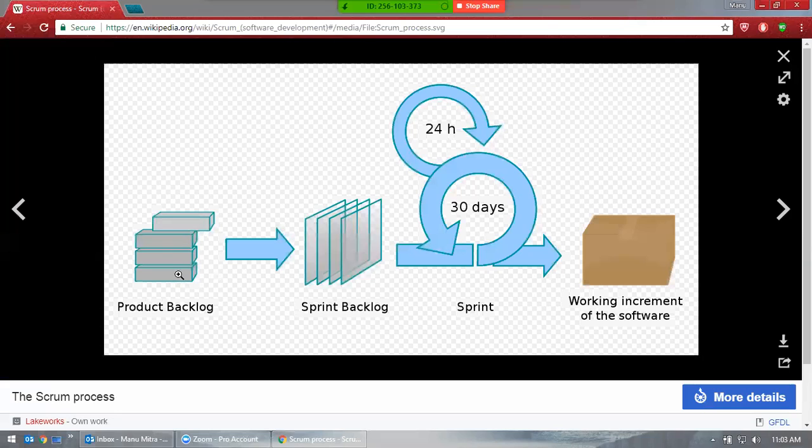It's not necessary that this has to be taken as one block. So this one block has 4 sprints. Every month a new sprint. Each sprint is 30 days, you have 30 days to complete one sprint. After 30 days, you release the product. So this is the simple version to understand the difference between backlog, sprint, and sprint backlog. And this is actually the process of Agile, more the process of Scrum.